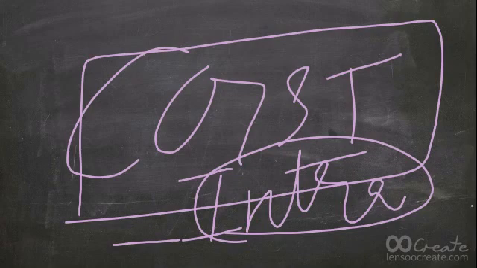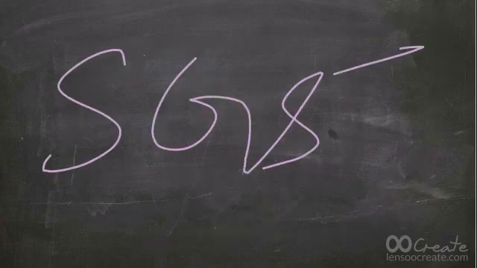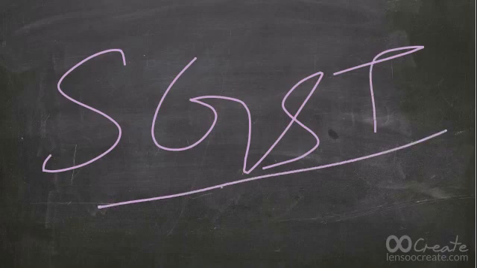The next one is SGST. So what is SGST? SGST means State Goods and Service Tax. Under GST, SGST is a tax levied on the intrastate supplies of both goods and services by the state government. It is an intrastate tax levied by the state government and will be governed by the SGST Act. As explained in the previous section, CGST will also be levied on the same intrastate supply but will be governed by the central government. For example,